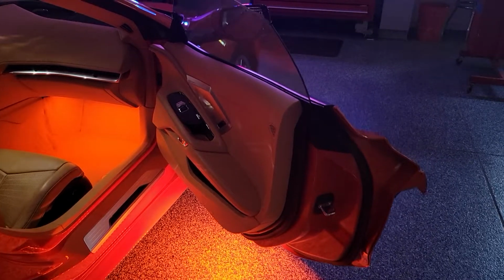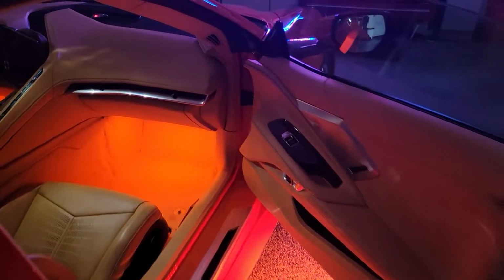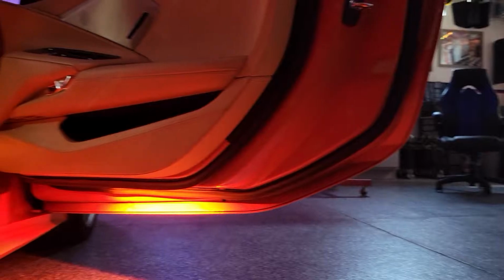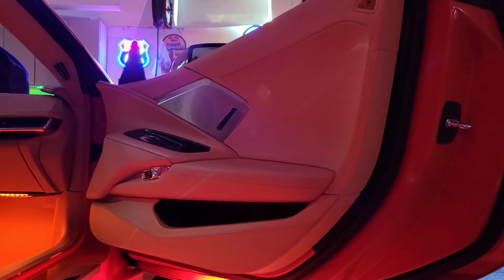This is our footwell and puddle lighting kit. Includes both sides for your footwells and LEDs that go underneath the doors. Kind of see them there. And when you order these two kits together,